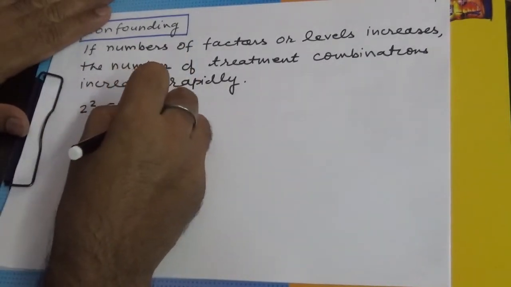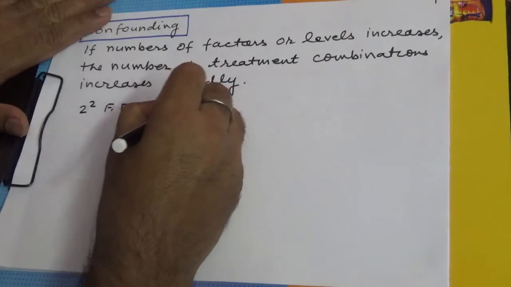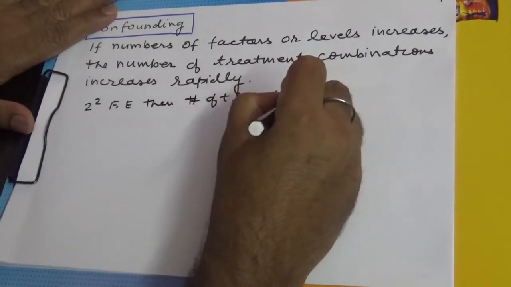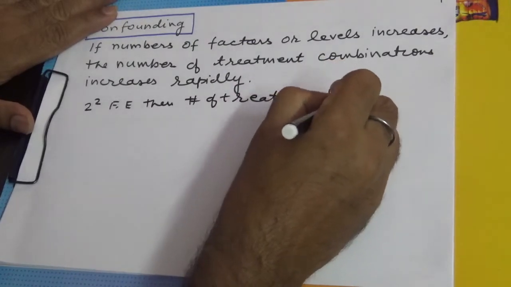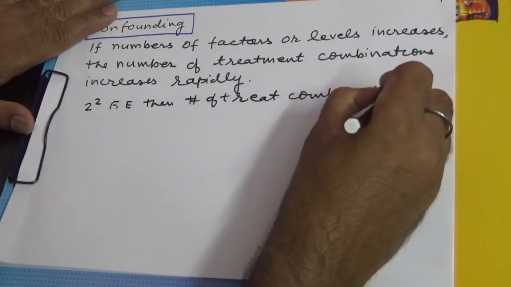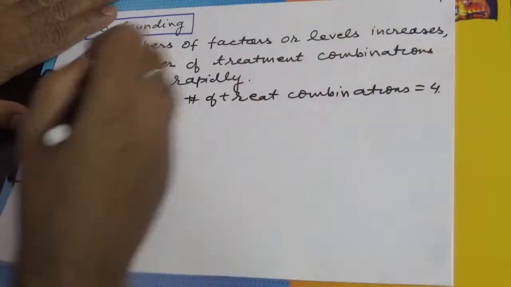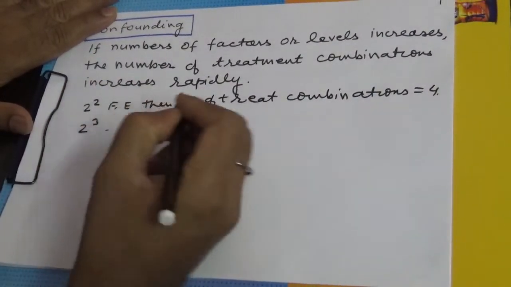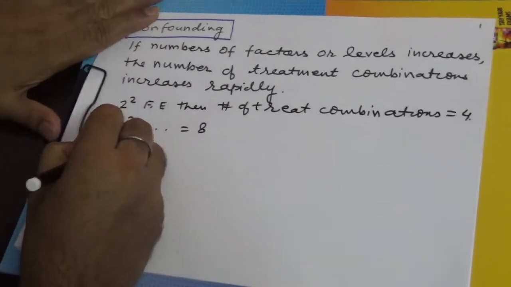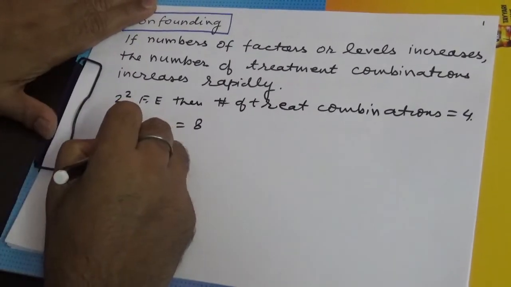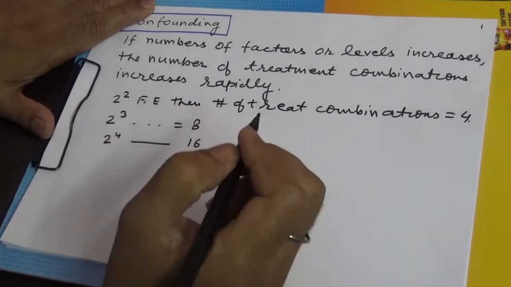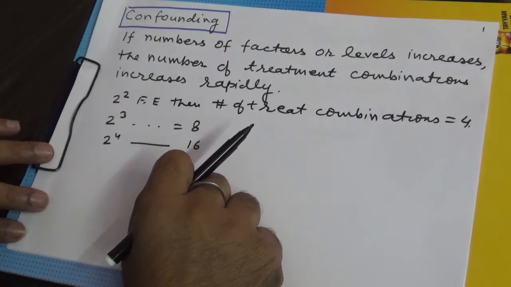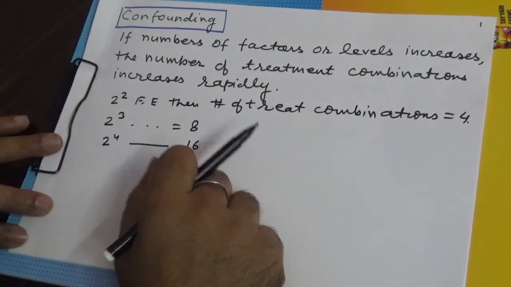then the number of treatment combinations is equal to 4. If I take 2 cube, then this is equal to 8. And if you want to conduct a 2 to the power of 4 factorial experiment, then you have 16 treatment combinations. So this means here what? That in case you try to